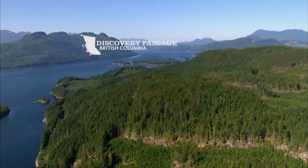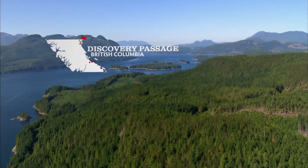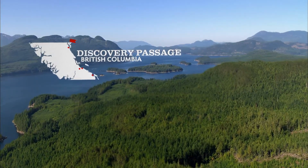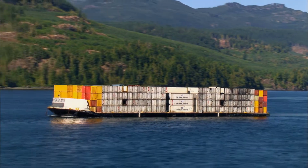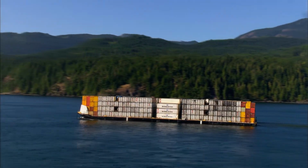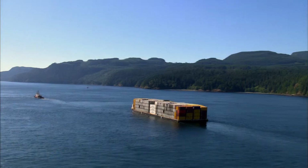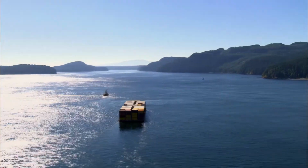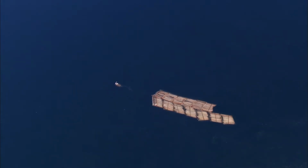Set between the open waters of the Pacific and the North American mainland, Discovery Passage is a 25-kilometer-long, spectacular waterway. Named in honor of Captain George Vancouver's 1792 arrival aboard HMS Discovery, the passage is key for navigation, allowing the transportation of essential goods to small outposts